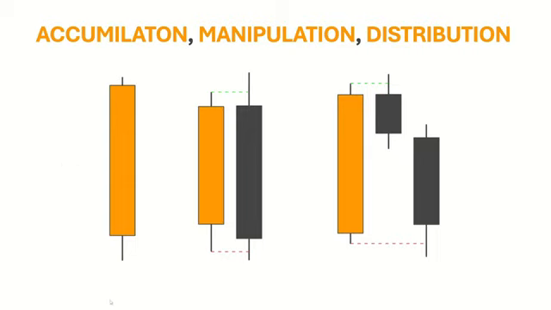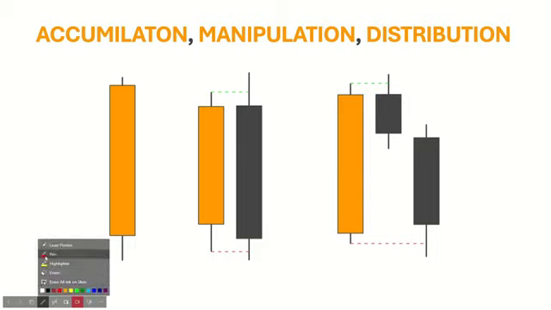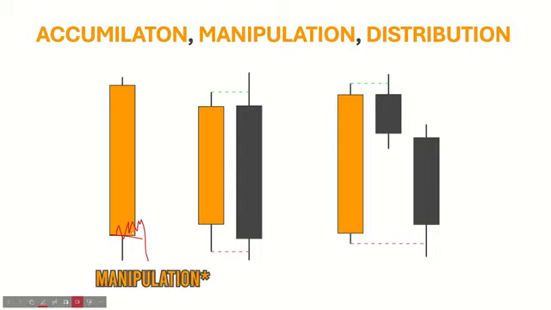Let's start off with this candle right here. How do we have accumulation, manipulation, and distribution within this one candle? Now, price opens at this point right here. So let's imagine price is playing out here. Price opens right here. Now we get a distribution below the opening price, and we come down to the low